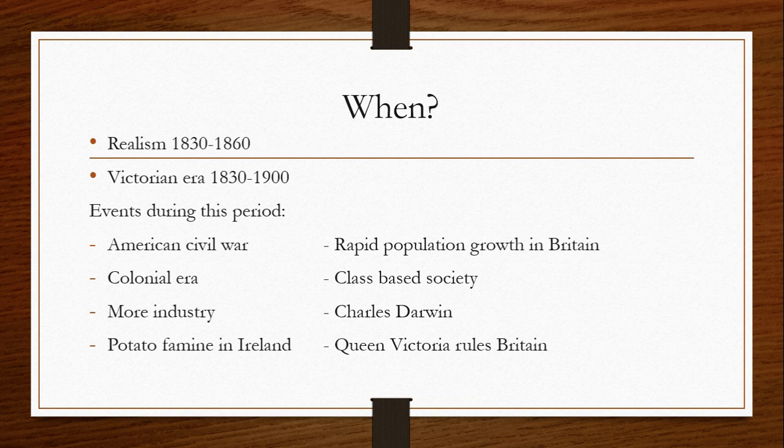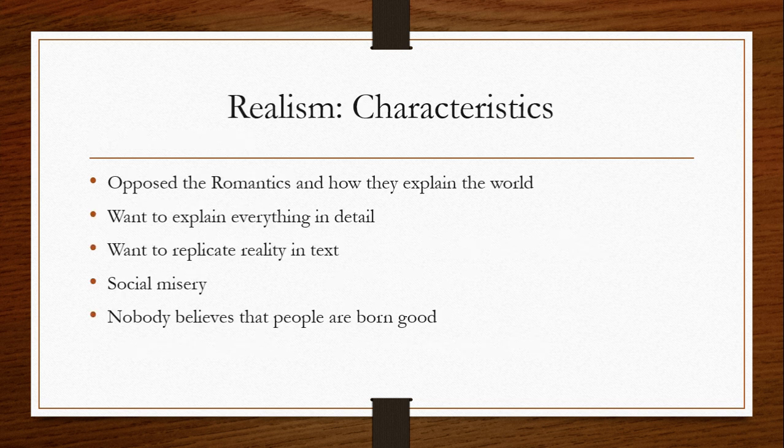So, how does this affect literature in any way? We can start with realism and what characterizes it. As you've seen probably when we've been talking about literature, different eras react to the previous one. So Romantics reacted to the logic and reason of the Enlightenment era, and now the Realists react to the Romantics' emotions and foofiness